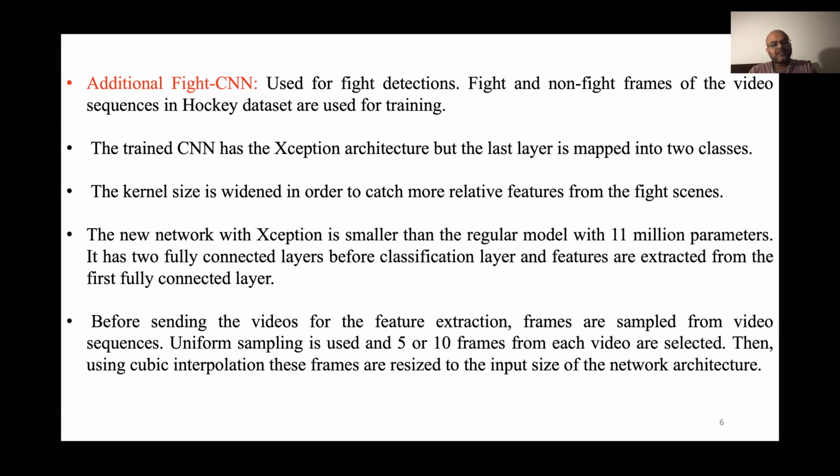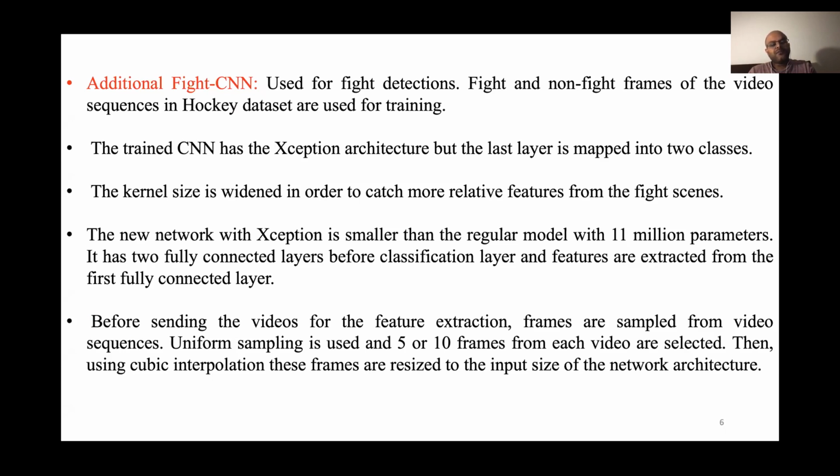The kernel size is widened in order to catch more relevant features from the fight scenes. The new network with Xception is smaller than the regular model, which is basically 11 million parameters. It also has two fully connected layers before the classification layer, as features are extracted from the first fully connected